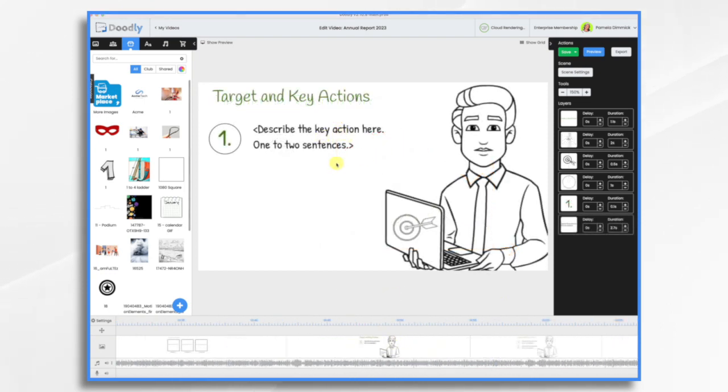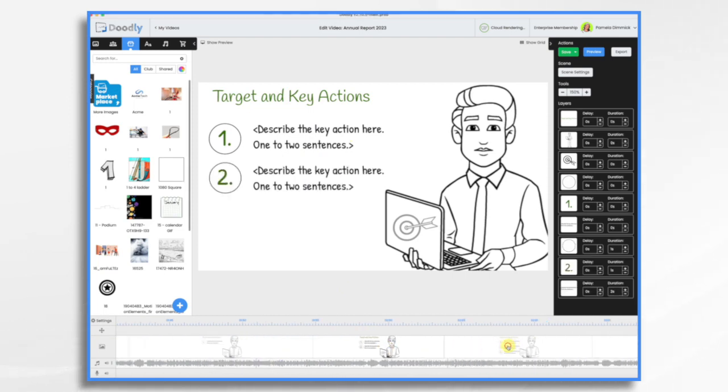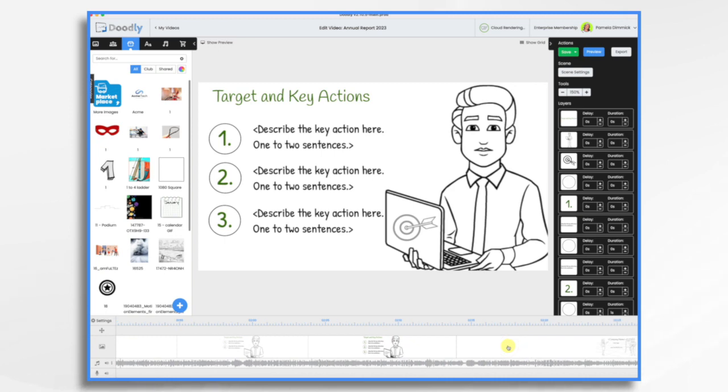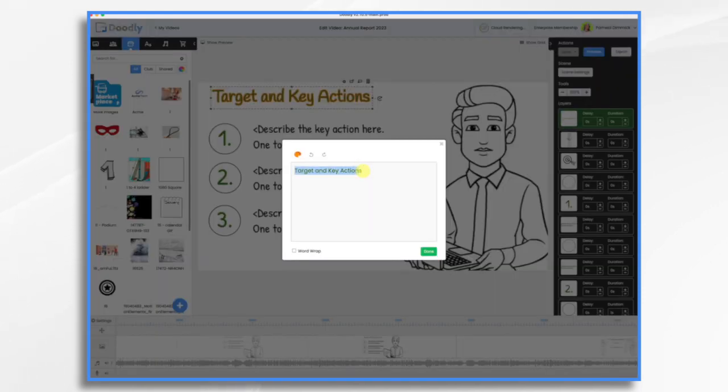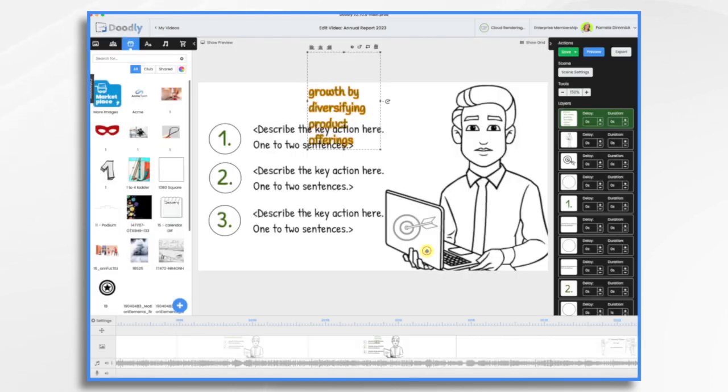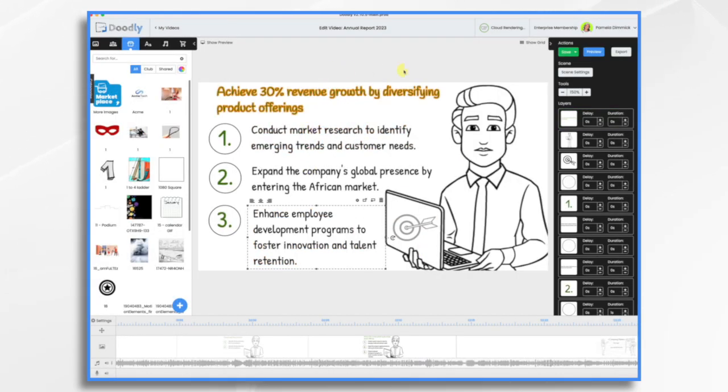Okay, on this particular scene, we are going to build. We've got 1, 2, 3, okay? So what you can do is start here and then we'll delete these two and build to it, okay? So start on this one. So target and key action, spell out what our target is. Okay, so once we have this final one lined up how we like it, then let's go over here